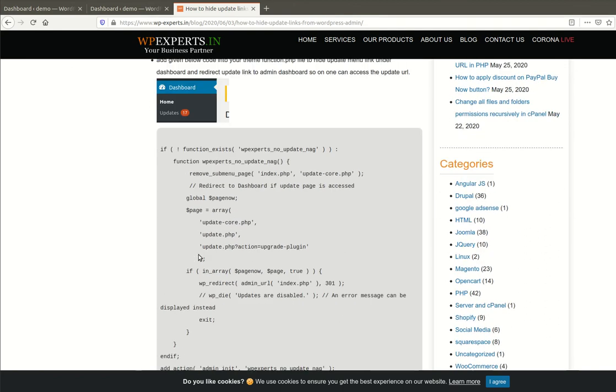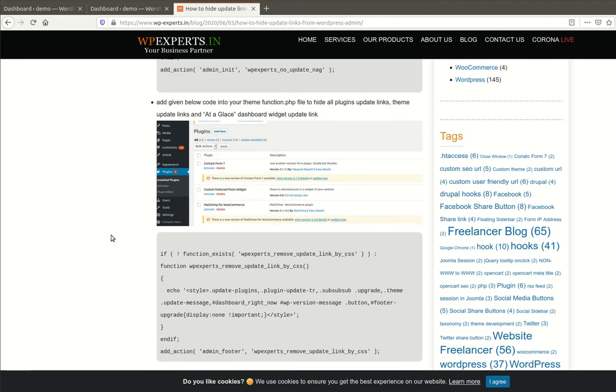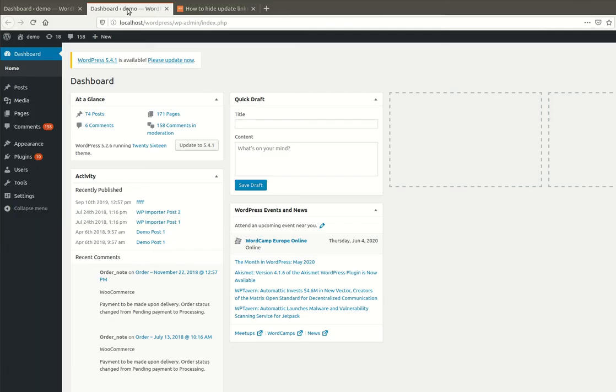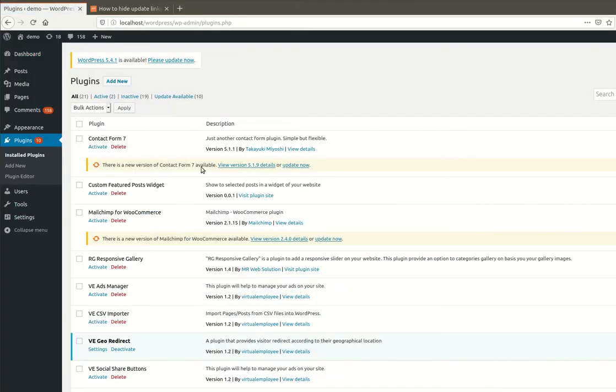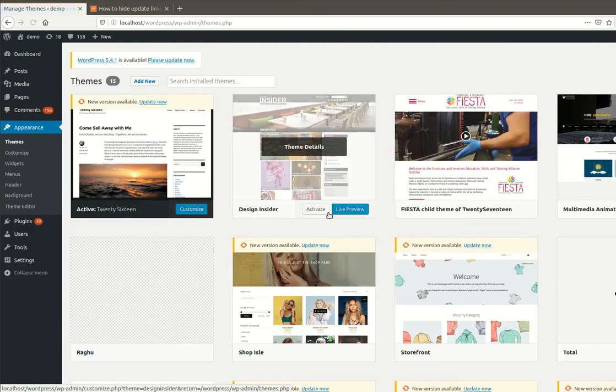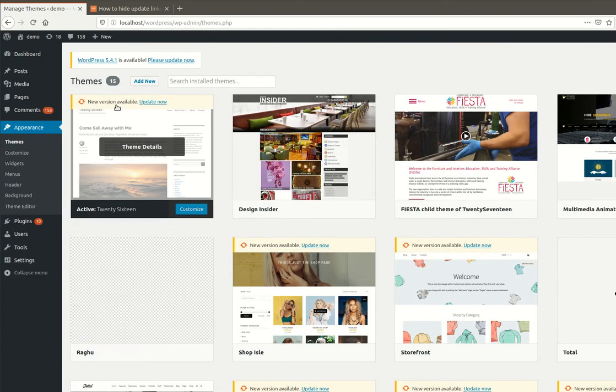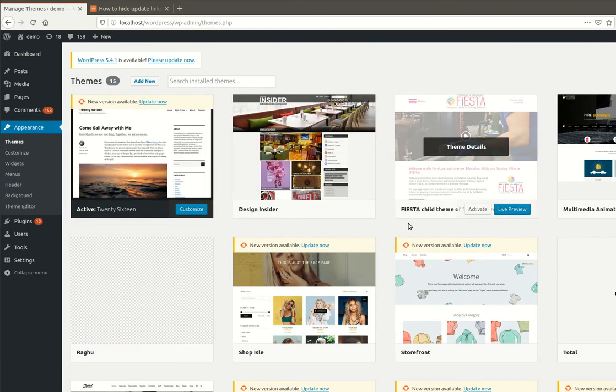Our first two codes are working fine. Add the given code into the functions file to hide the update link. This is basically to hide the update available link, the about this link, and this notification, and you can see the update notification message on the theme as well.